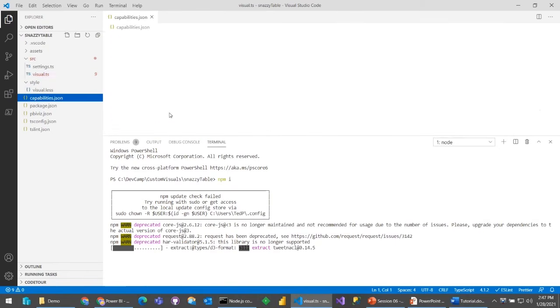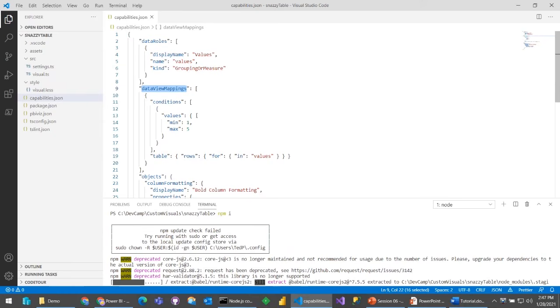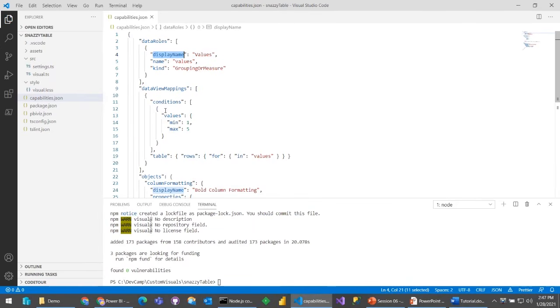Now, this time with capabilities, what we're going to do is say DataView mappings. We're going to take this values data role. This is just like the built-in table. And the idea is we want to allow you to add multiple ones in, but not an unlimited number. So we're going to allow you to add 5. Now, if I go ahead and do a pbiviz